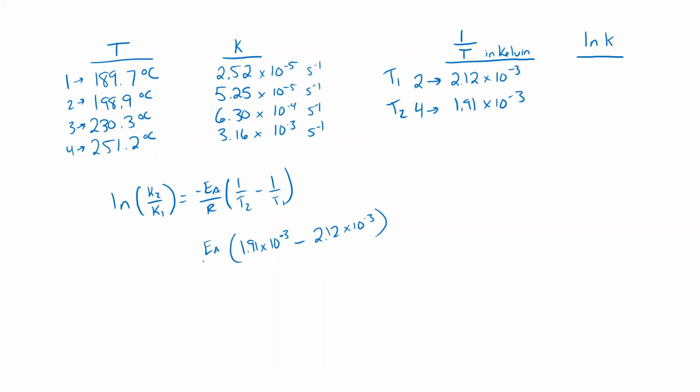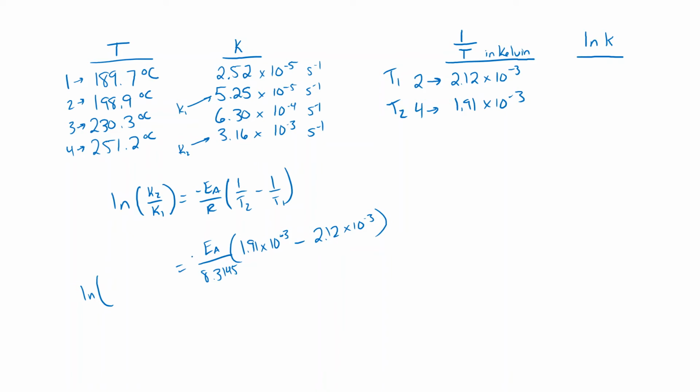The activation energy, that's what we're trying to find. And then the R value is the 8.3145, right? That's the gas constant. On this side of the equation, we have the natural log of 2 K values. So this is going to be K2, and this one is going to be K1, right? K2 is